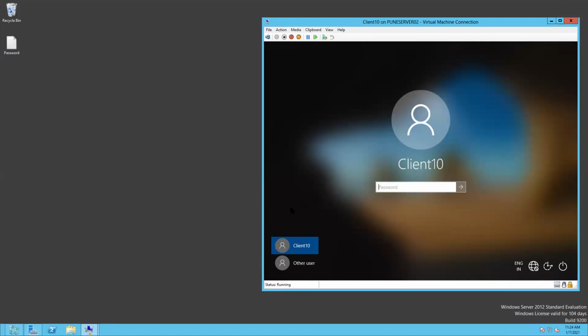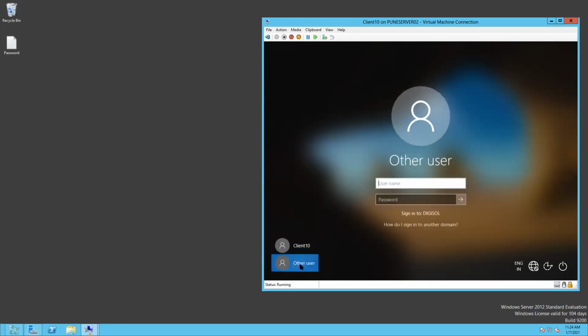Now I am getting two options. One is the client, it is the local login, right? So now I have to use the domain, right? So I will click on other user. It will give, see here, that domain is automatically prompted, Digisol. Our domain is Digisol, right? So I am typing the username Aftab and